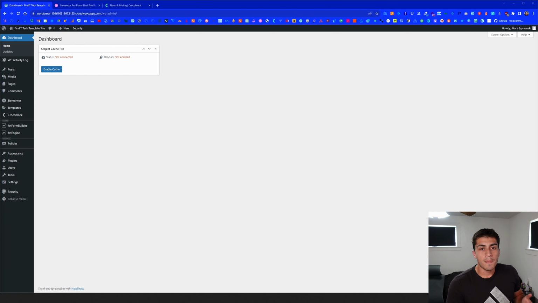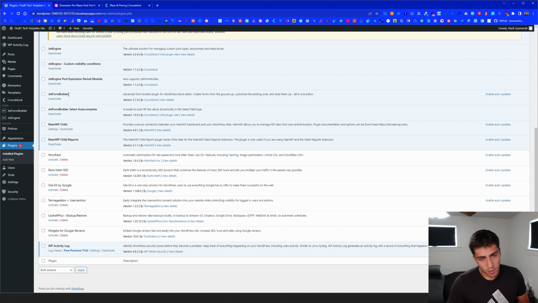And what else do we have here? Yeah, so JetEngine and then JetFormBuilder, which is another premium thing that comes with JetEngine, which is an amazing form builder, way better, light years better than Elementor forms, right? The form is built in there. People love Gravity Forms, Formidable Forms, whatever, but the other thing is the integration.